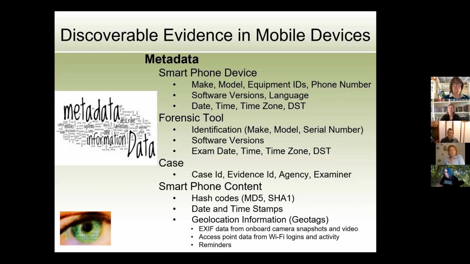And then geolocation information has become the latest and greatest powerful form of metadata, where we can get a lat long, a track point for when that text message was sent or when that iMessage was received. And so that's really critical these days, to get a date and time stamp for each artifact or to get a geolocation for it. So lots of metadata. It's all about the metadata, quite frankly. When I testify in court, it's as much about the metadata as it is about the individual artifact items.